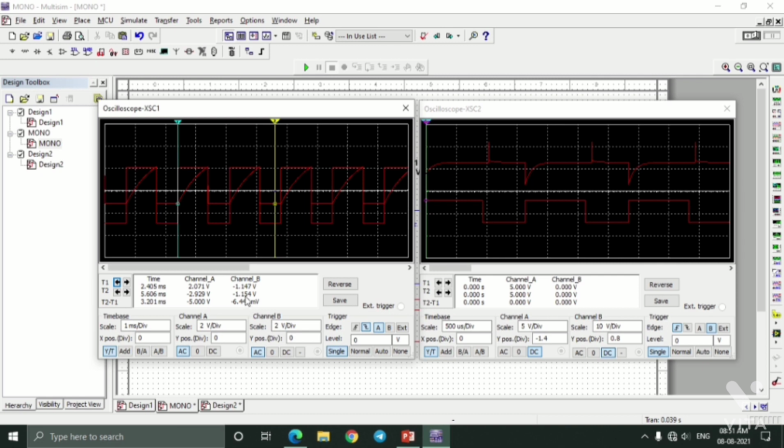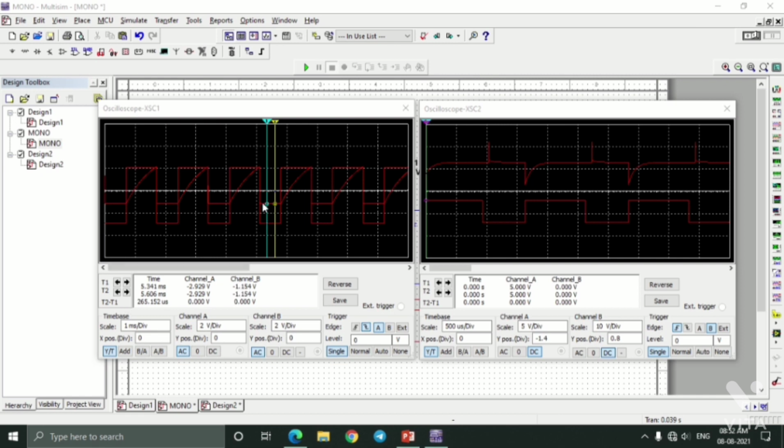This is the 1 by 3 times of VCC value. Both I have kept on the same line, so it's showing the same value.